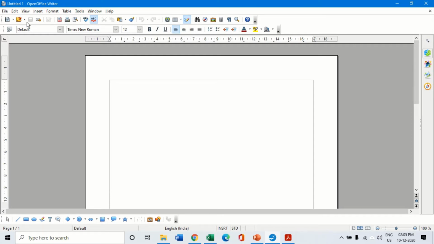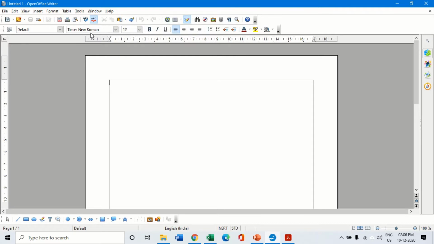This contains shortcut keys to some of the most frequently used commands which we use during the course of our working with Office Writer, like for example new, save, open, or even undo, redo, spell check, grammar, printing, cut, copy, paste. All these commonly used commands are placed together under the standard toolbar.